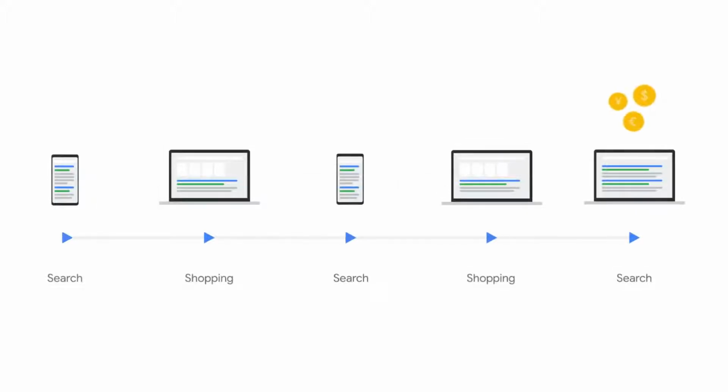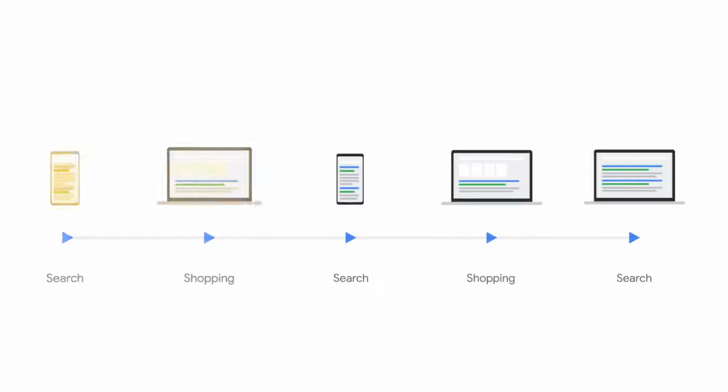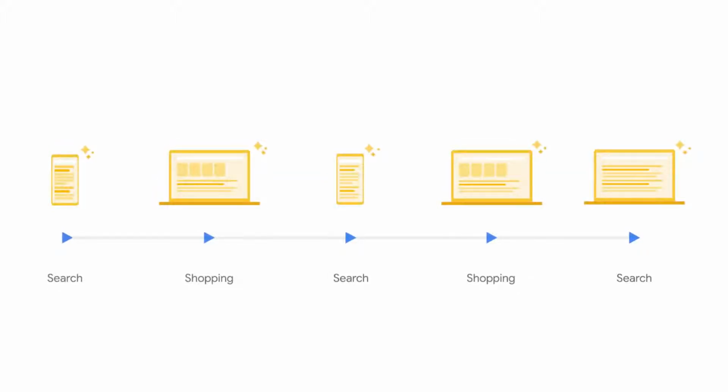On a last-click attribution model, all conversion credit is given to the last search ad that a customer clicked before converting. This ignores the increasingly complex and multi-touch nature of customers' search journeys. Non-last-click models attribute credit to all clicks throughout a customer's conversion path on the search and shopping network. Understanding the value of all clicks for search and shopping provides you with the data you need to make informed optimization decisions.